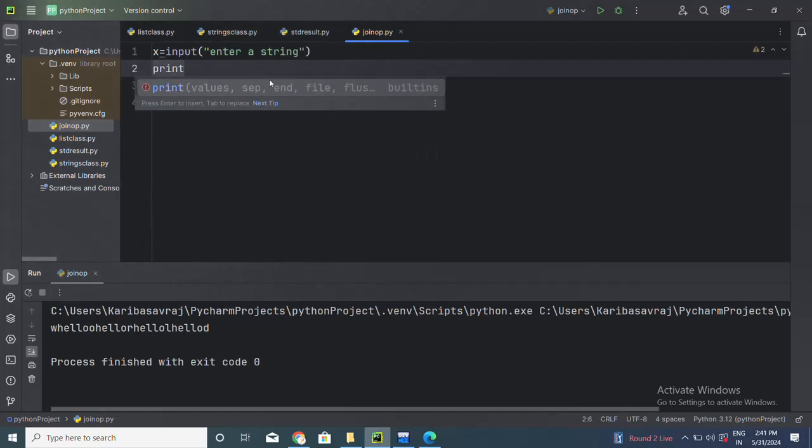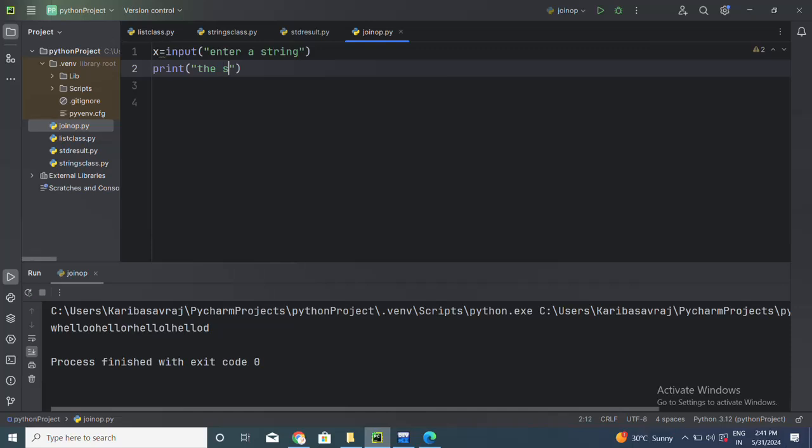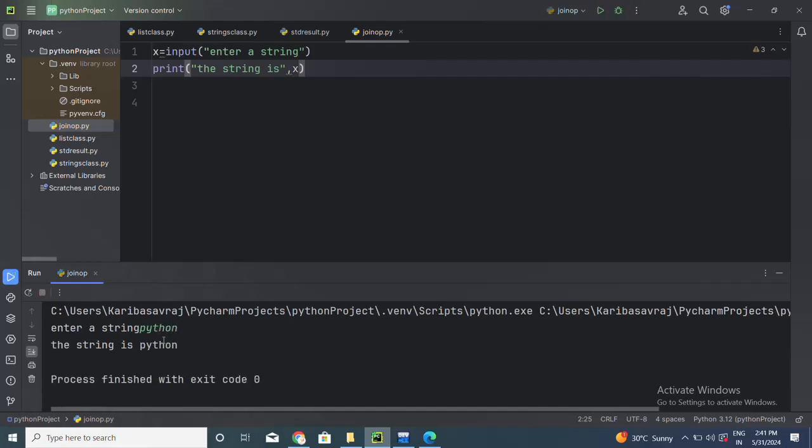Print the string, I want to display the string which is stored in x. Let us execute. Enter a string. Python. String is Python. Again I'll execute.